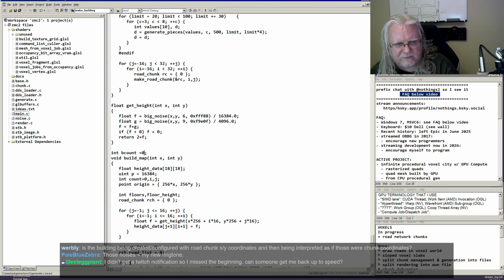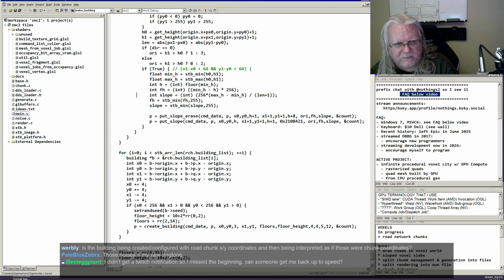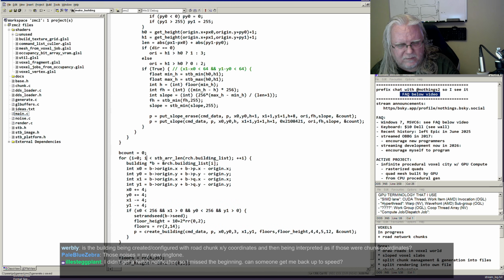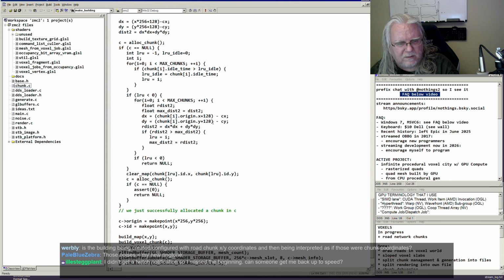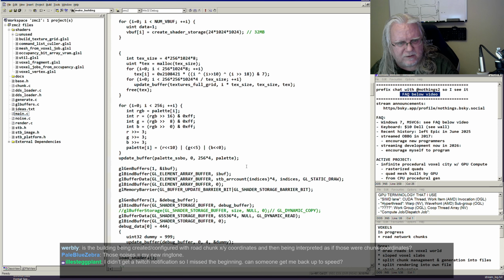Plus plus bcount. Then when we make our chunks, C arrow bcount equals bcount. Extern int bcount. And then when we draw the chunk debugger,